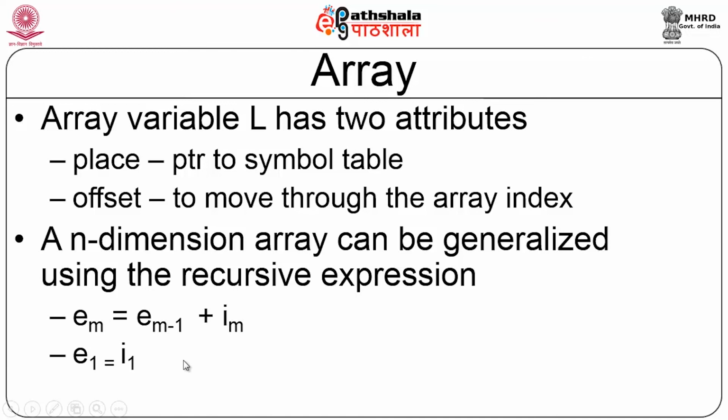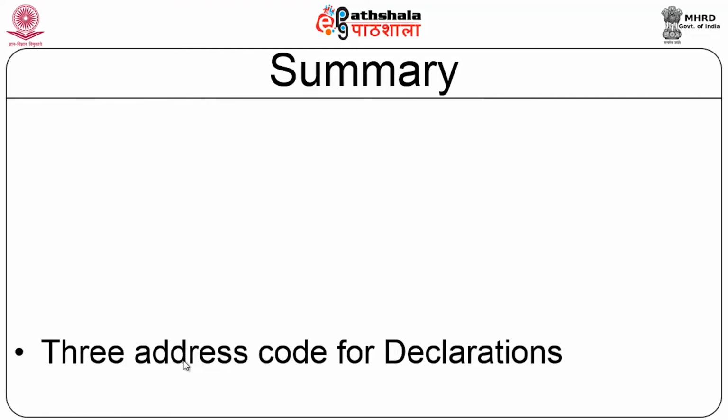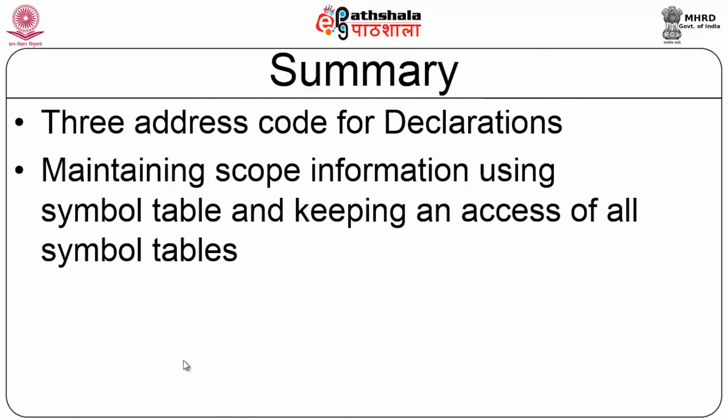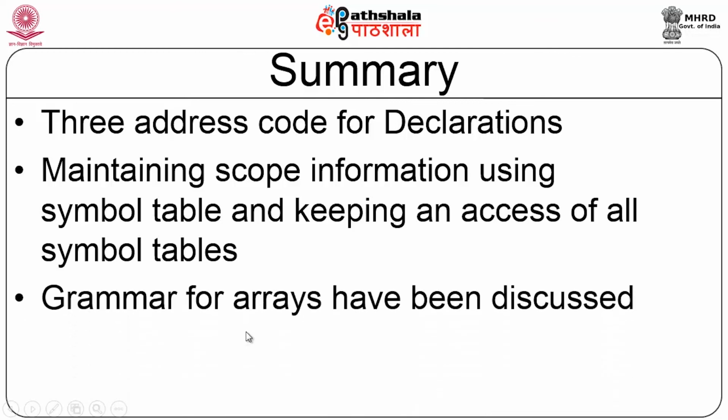Now using these concepts, we are going to construct the address of the array, and then that is going to be used. How do I compute the address of the array using the 3 address code? So that will be done in the next module. So in this module we have summarized the 3 address code for declarations in the context of scope information of all the variables that are part of any function call. That is also discussed. So how to maintain scope information has been discussed, how to maintain a stack of table pointers was also discussed, and grammar for arrays has been discussed in this particular module. So with this as a basis, our next module will discuss the 3 address code corresponding to arrays.